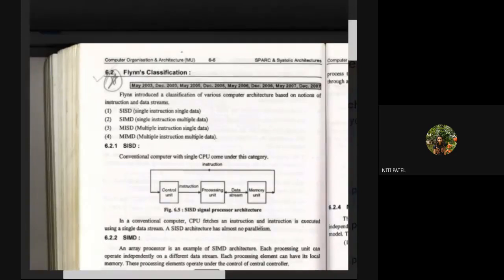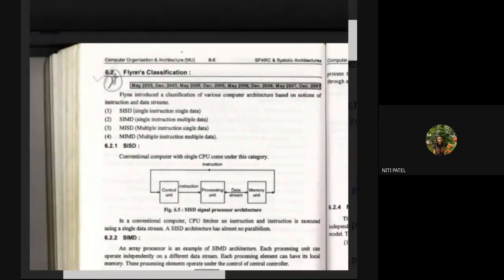So a program written by a user goes to the computer. The computer will divide that program into single instructions. For example, if I'm writing a program to add two numbers, what will be the first line of the program? To move the number from one memory location to another memory location. So if I've written the first instruction as move a comma b, whatever data is there in b will get loaded into a. Then I write the second instruction, move b comma c. Whatever is there in b will now be moved into c.